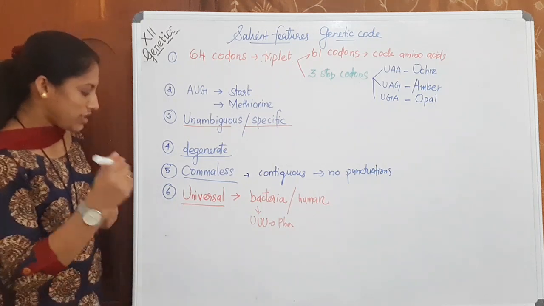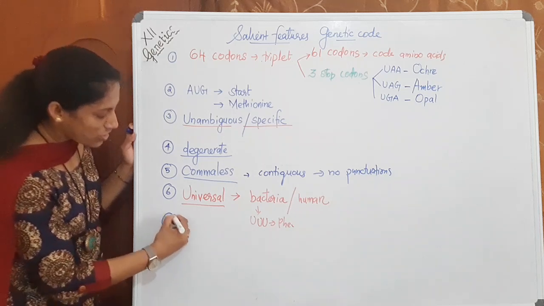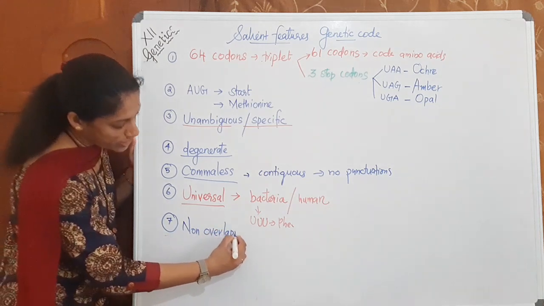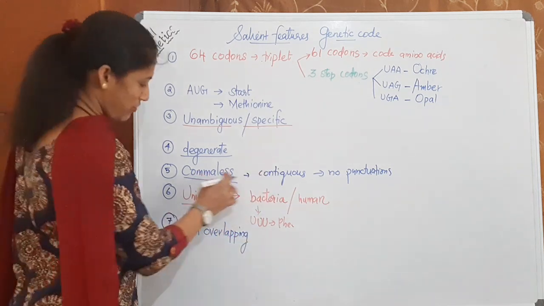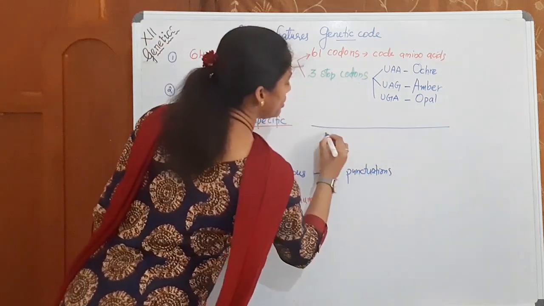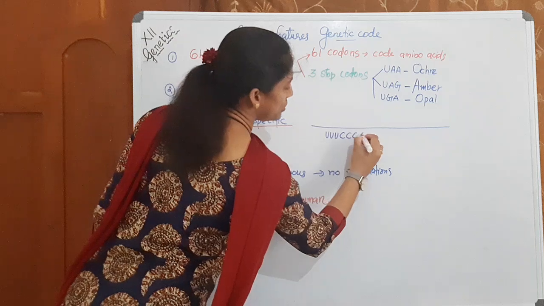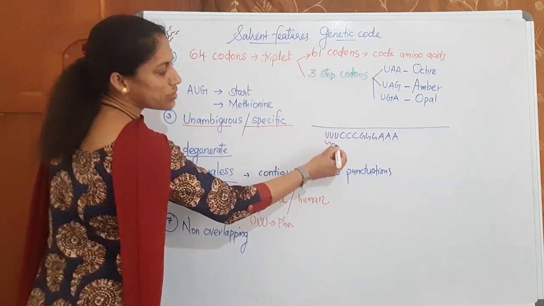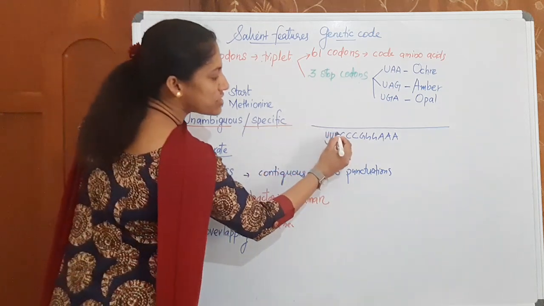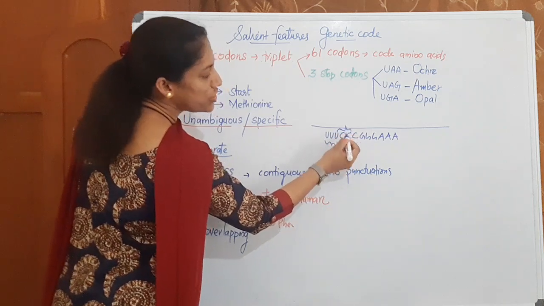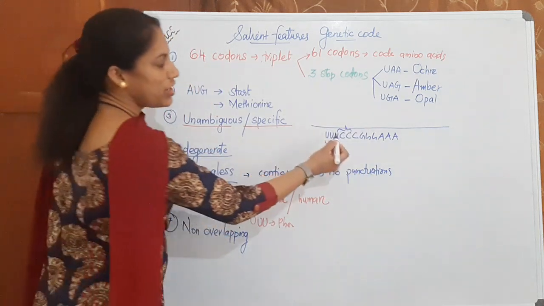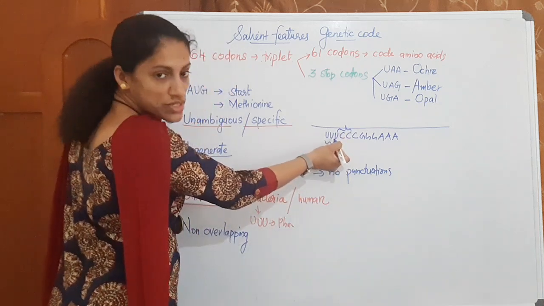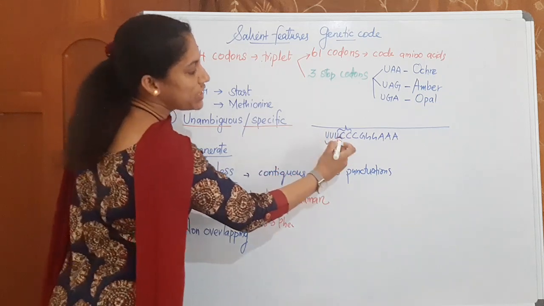And another thing, the genetic code is non-overlapping. What do you mean? It's another version of this. When the genetic code is read, U, C, G, G, just for the convenience, I am writing this way. If this is the first triplet, the last nucleotide of this triplet is not used for the next triplet. The next triplet will start from the next base, not from the previous triplet. There is no overlapping.